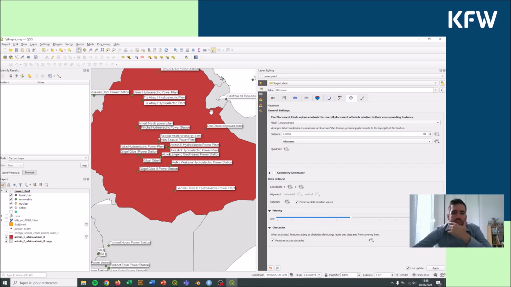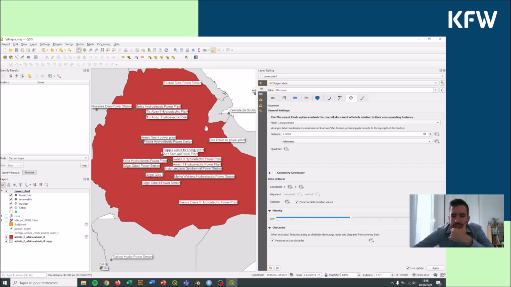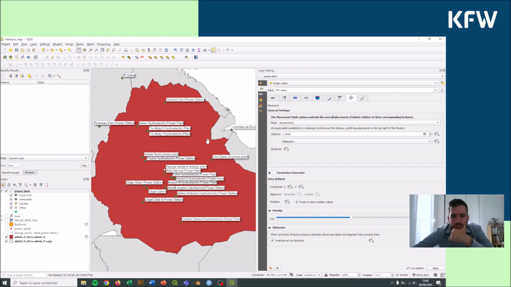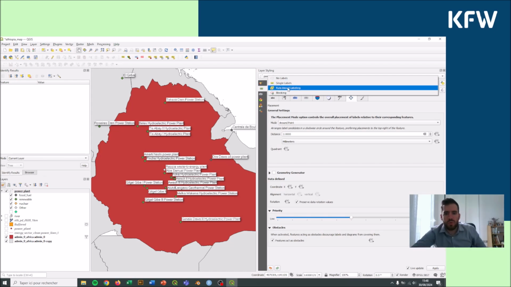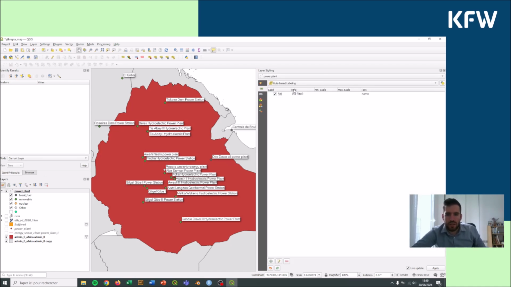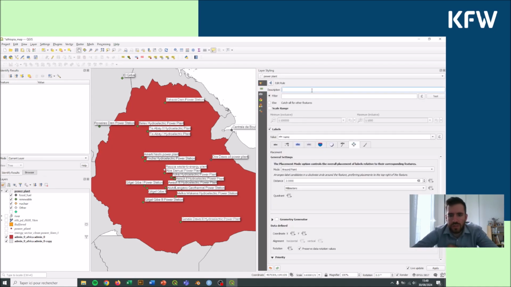But we still have a lot of information, and maybe there's one piece of information that's missing from all of this so far. It's maybe a hierarchy, because so far all the stations appear the same way, no matter how much we're producing. So first thing we can do is, instead of using single labels, we're gonna do rule-based labeling to do some filtering on the labels. So we can say, for example, that we want only the main power plant to appear. So we're going to call it main power plant. We're going to create a filter here